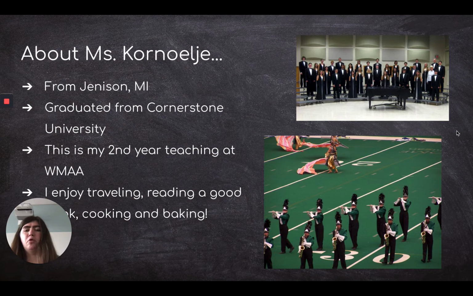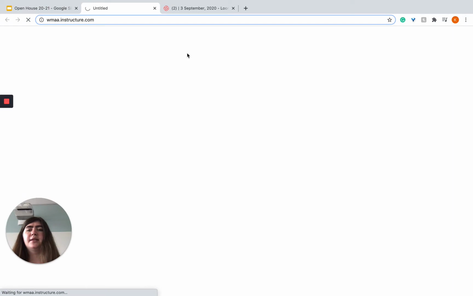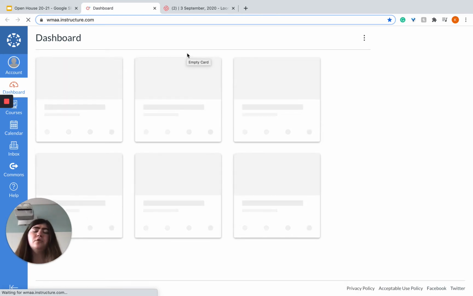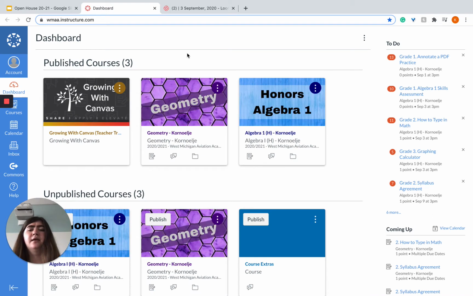A little bit more about my classes. All important information can be accessed through Canvas. If you haven't already opened Canvas up to see what's going on there, I highly recommend that you do so. As a parent, you have the opportunity to act as an observer of a course, so you can see all the assignments that your student needs to be working on, things that they maybe didn't complete on time, things that they are missing, and all that good stuff, as well as my weekend preview, which has all important class work